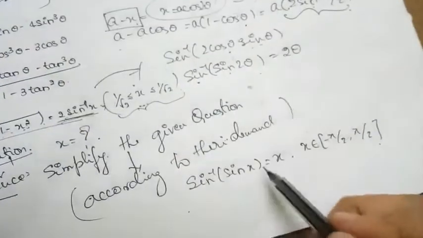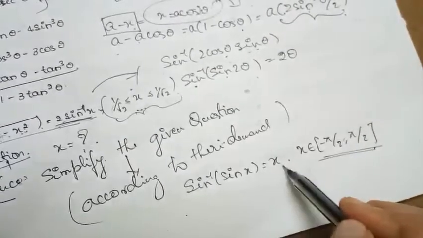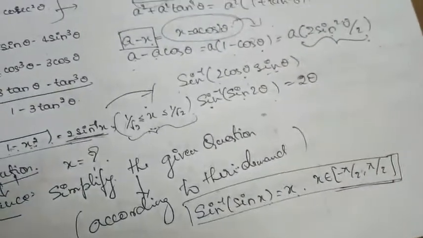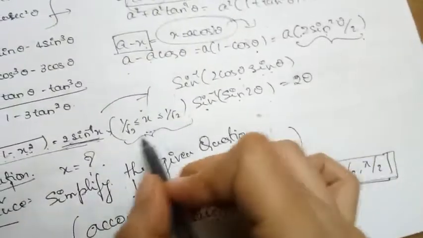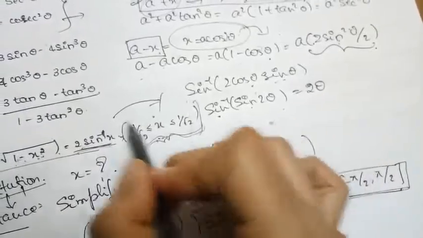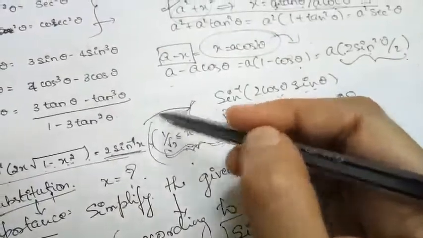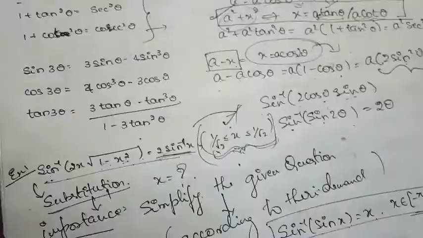So this is the condition we used to say if x belongs within this range, only at that time you can write this identity. I have already explained that. But here they are not giving that much importance to this interval. The value of x they have given is saying the validity of this question. Within this range this question is true.